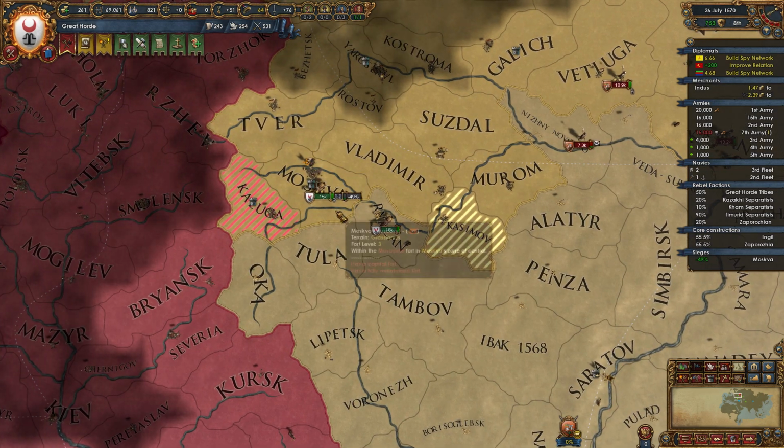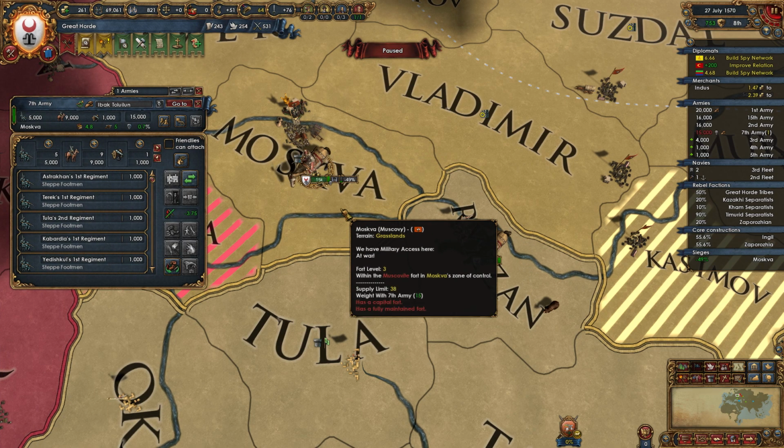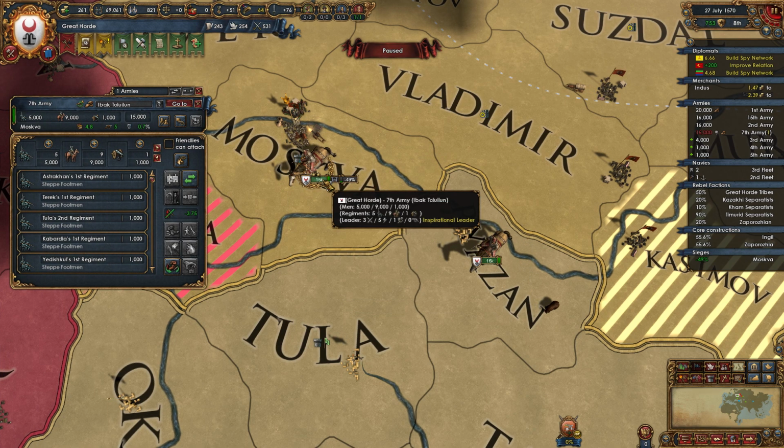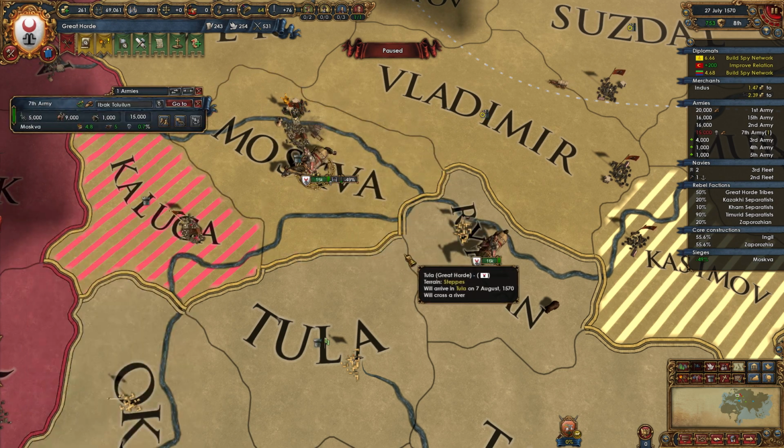Alright, well it's going to be slow going, just sitting here doing 1 siege. Having an extra cannon doesn't help us in any way. Don't really want this guy to be in charge of the siege because he's not actually any good at it, and I don't want him to die. We do need 9k troops, so let's...